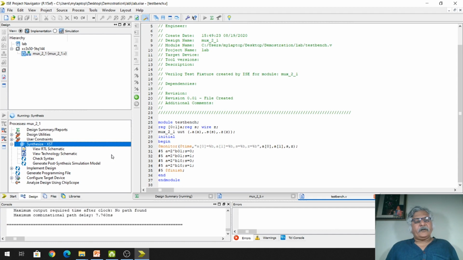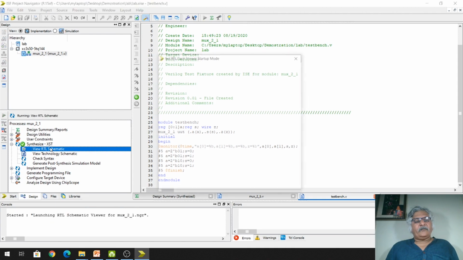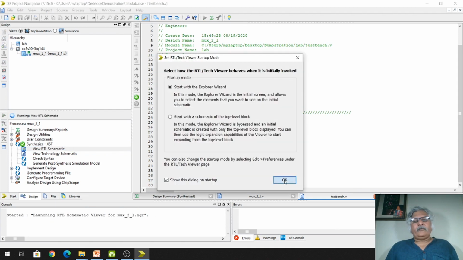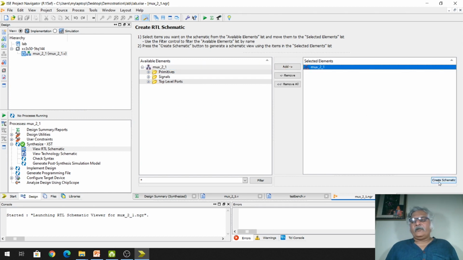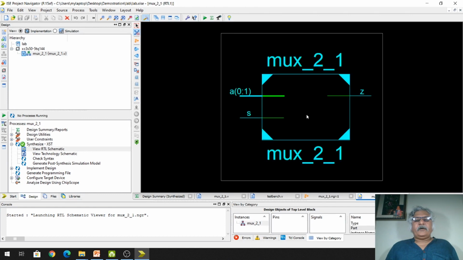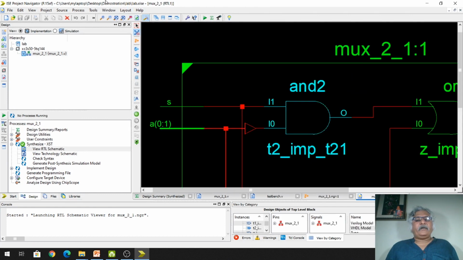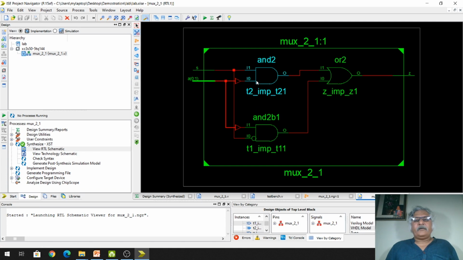In the RTL schematic you will find how we have done the interfacing, means how we have done the interconnecting of the components. Exactly in the same way you will see that. You see this is the OR gate. One output of the AND gate is connected here, the second output of the AND gate is connected here.